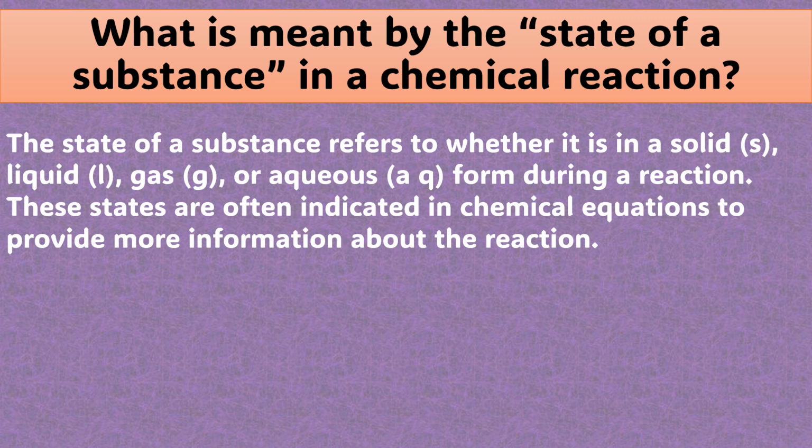Question number 40. What is meant by the state of a substance in a chemical reaction? Answer. The state of a substance refers to whether it is in a solid (s), liquid (l), gas (g), or aqueous state. These states are often indicated in chemical equations to provide more information about